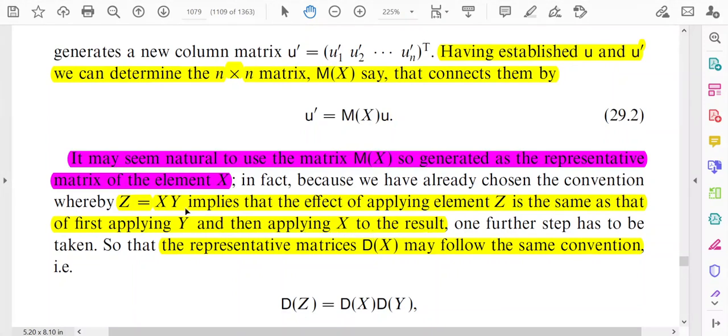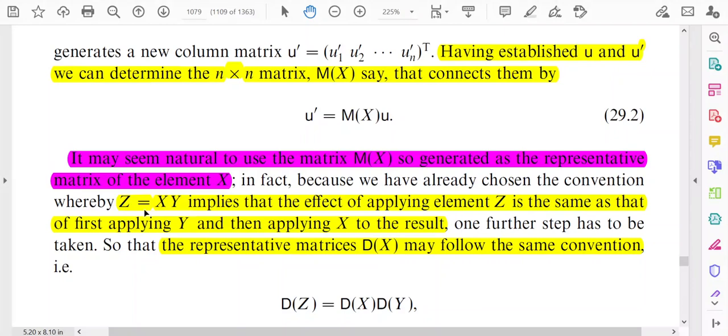It means that because you may think in this way, that x is a particular operation, y is also some operation, and z is also some operation. So, in the right hand side, y is acting first, then x is acting second. So, the combined effect of x and y is equivalent to the application of the z operation. So, this is the significance of z is equal to x into y.